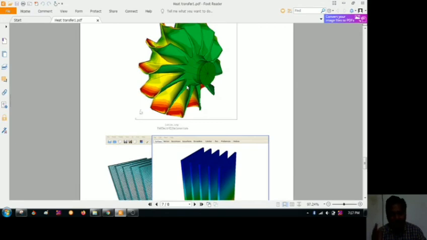Somewhere it is affecting the performance. At the same time, when you see materials which are actively working, when they are exposed to a thermal environment,